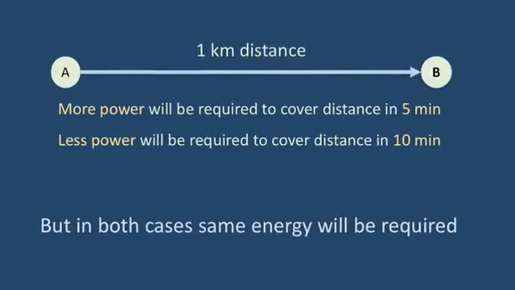The same thing applies to electricity. In our home, there are many appliances that need electricity. Those machines which run faster or harder, we can consider that they require larger power. So, number 1, we should be able to differentiate that power is different, energy is different. Many appliances, when we go to the market and buy them, we refer to them in terms of power rating. What is the power rating of an LED bulb, what is the power rating of a fan, what is the power rating of a motor pump, etc. So these are the power ratings.